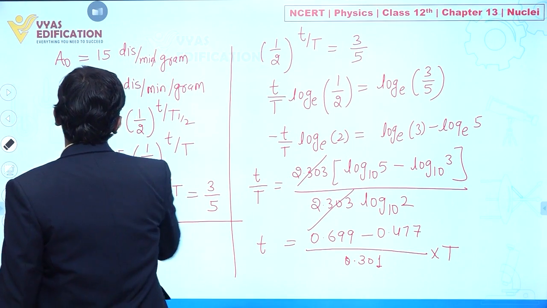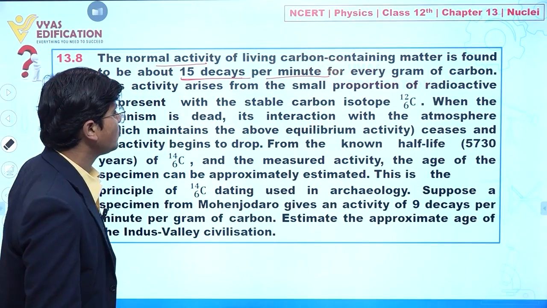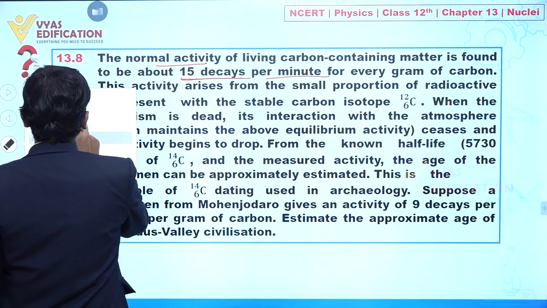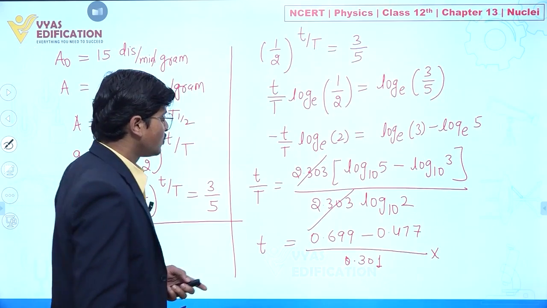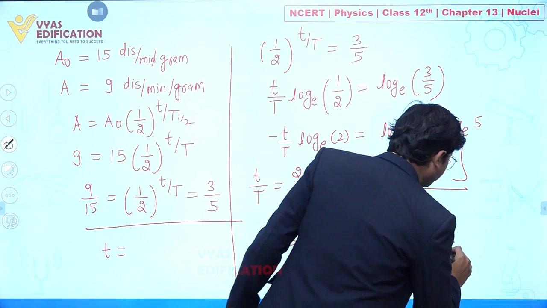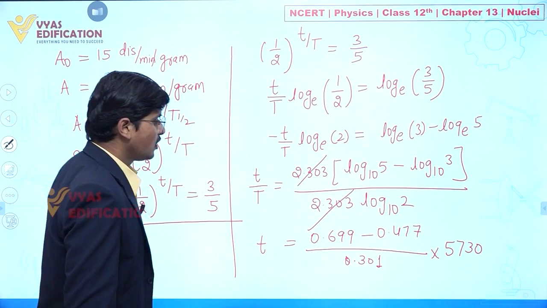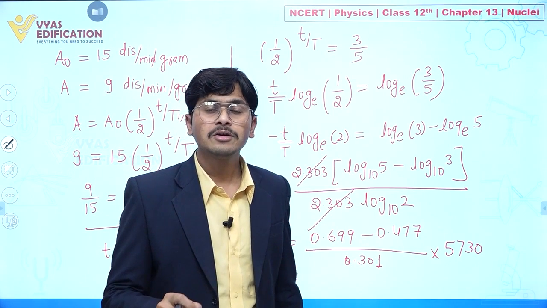is equal to, now what is the half life that is provided to you? Half life is given to you, 5730 years. Clear everyone? 5730 years. Clear? So now you can see we can write like this, 5730. Yes or no? Yes. So if you solve it, definitely you will find the total time taken, or we can